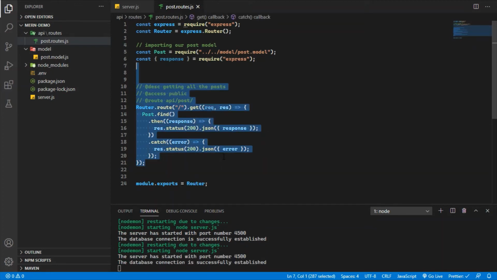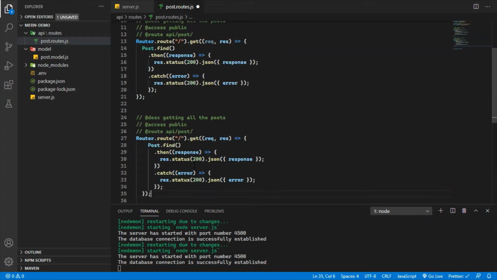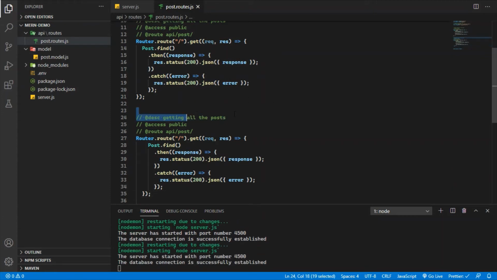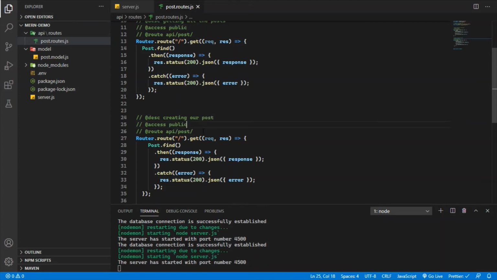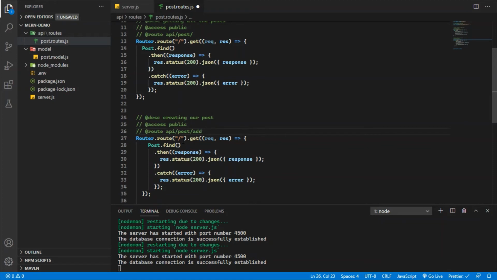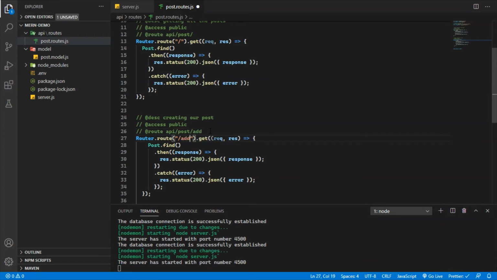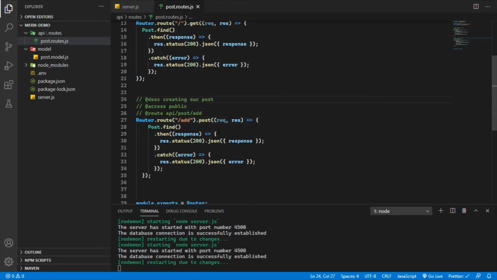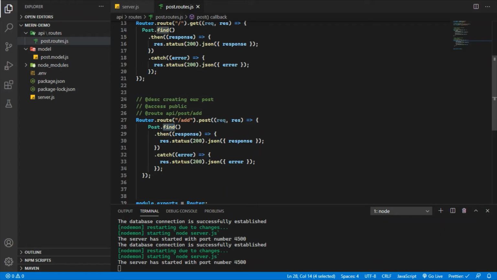So like this I'm also going to create our post route. I'm going to change the description. This is also public, and after that I'm going to add, and let me change the method post, and then